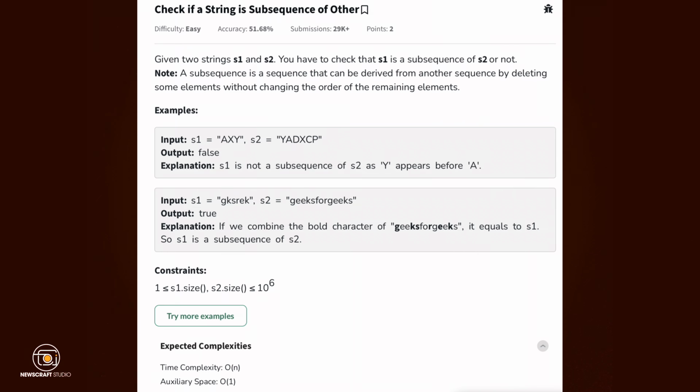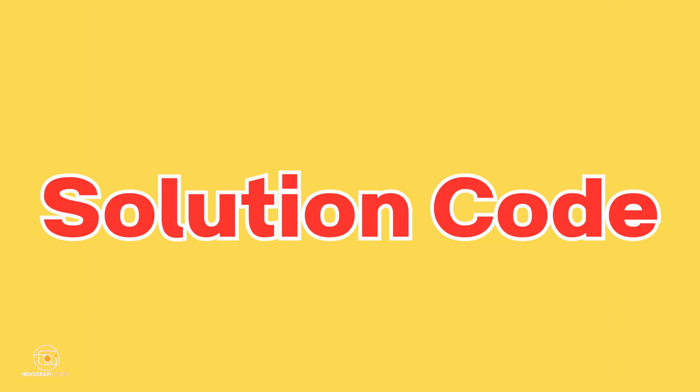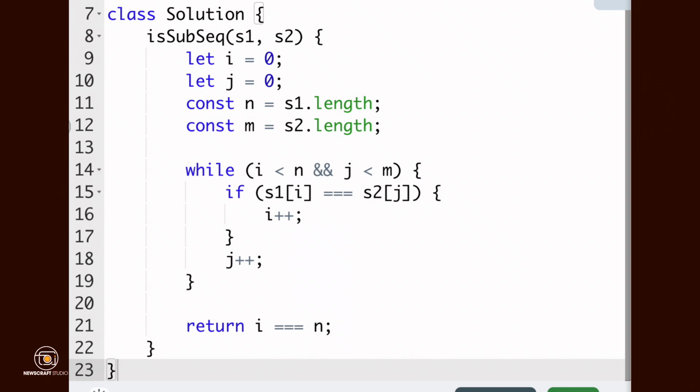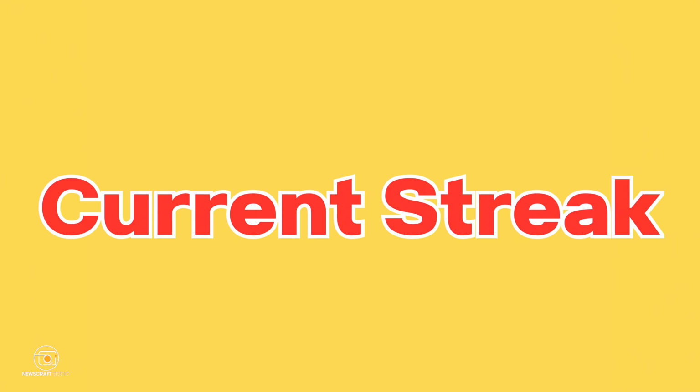The problem of the day is check if string is subsequence of another. To solve this problem, we need to determine